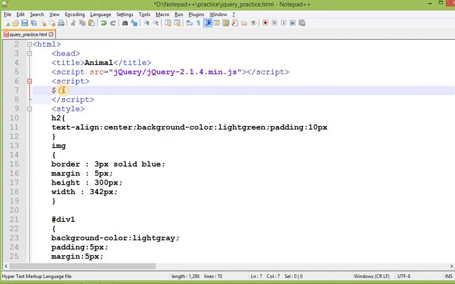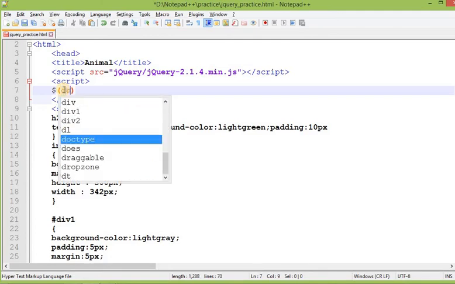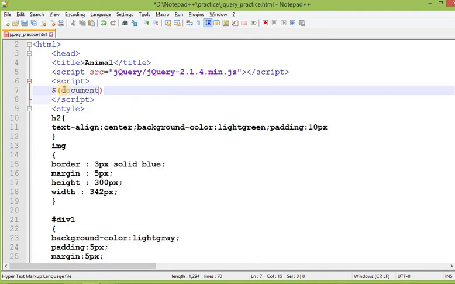Inside this dollar you have to specify an element, or I can say a selector. For example, I want to select the whole document. So dollar, within the round parentheses, document. Now using the dot operator you can call any method, for example document dot ready.